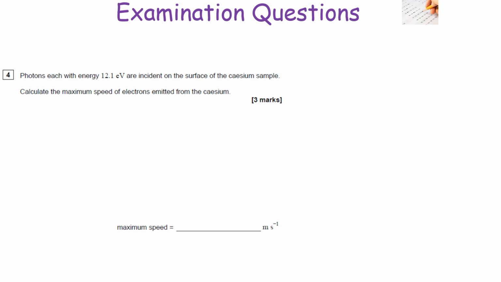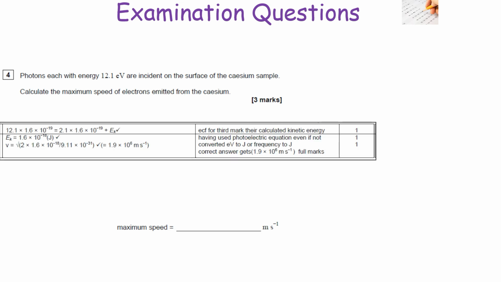Right, for this question, what you're going to have to do is understand that the total energy supplied by the photon, hf, is going to equal the work function plus the maximum kinetic energy. So what we do is we work out what the kinetic energy is by doing the total energy of the photon minus the work function. So we know that the work function is 2.1 eV from the previous question, and we know that the photon energy is 12.1 eV. So we find the difference of that and then multiply by 1.6 times 10 to the minus 19